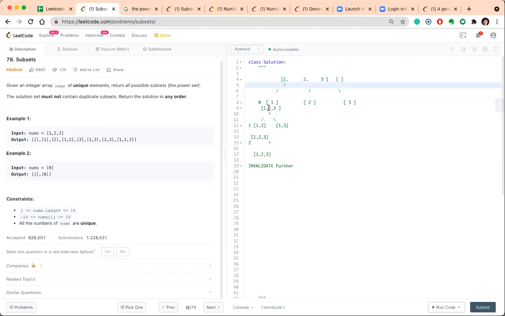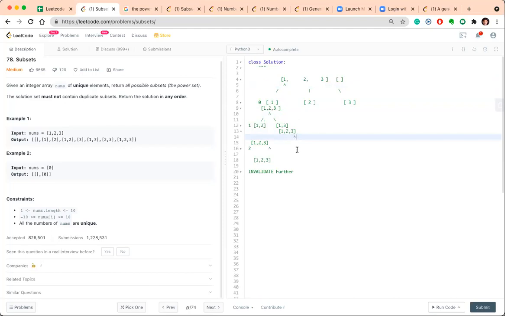Then later I incremented that pointer and passed 2 here. So at this place my pointer will already be pointing to 3, and I'm left with no other element to traverse.